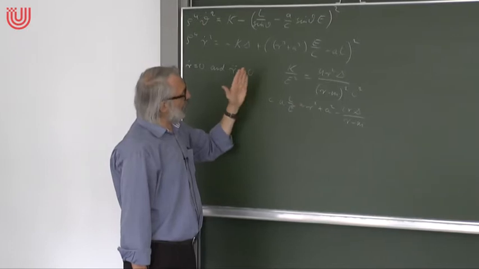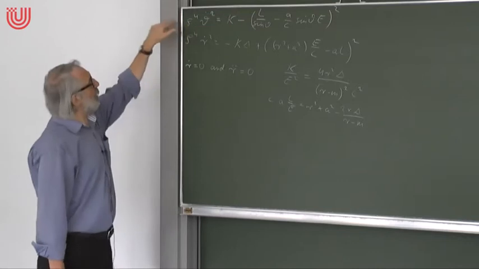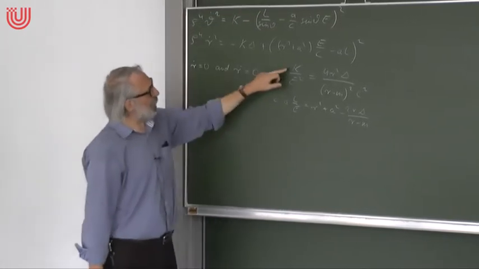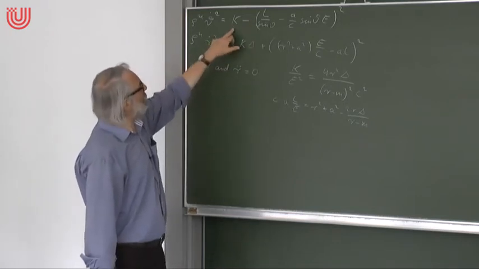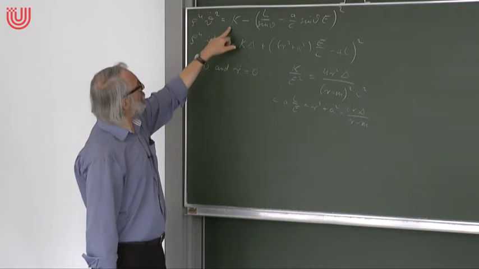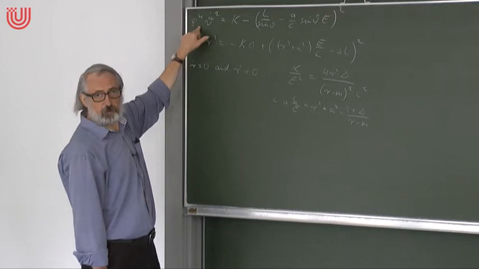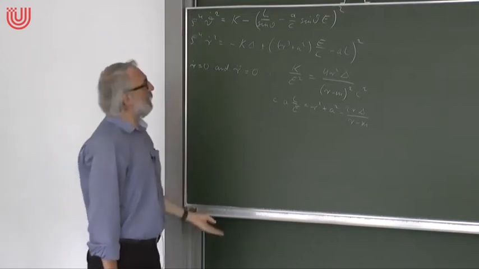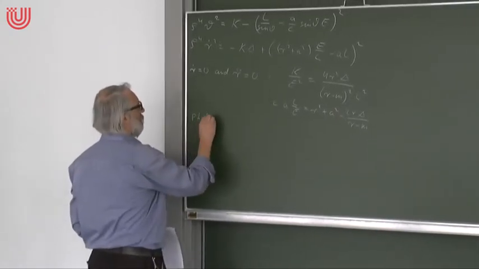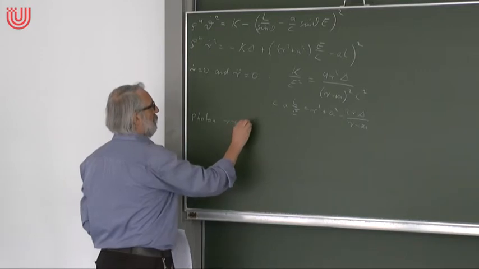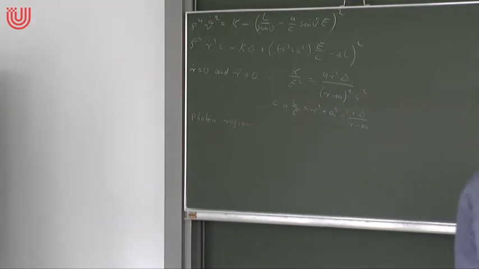If we want to know at which radius values such geodesics exist, we have to make sure that this expression here is non-negative. So we have to plug these expressions for K and for L into the right-hand side, into this expression, and require that this is bigger or equal than 0, because a square of a real quantity cannot be negative. And this gives an inequality, so it gives what we call the photon region, the region where these spherical light-like geodesics actually exist. And the inequality reads,